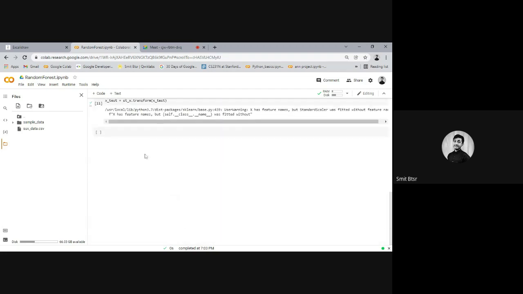Now what we do is we will create the model. We will not really create it, we will import the model, and we will train the model here. Again, as I said, scikit-learn has done many things. We do not need to create it from scratch. We just need to learn how it works and how we can use it. We do not need to reinvent the wheel again, right?